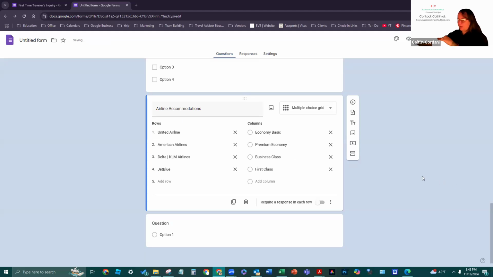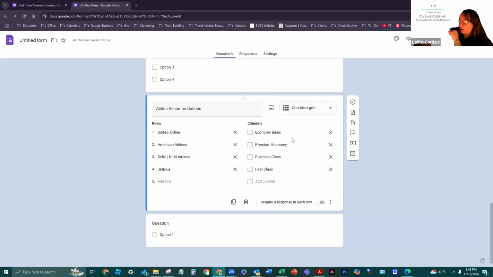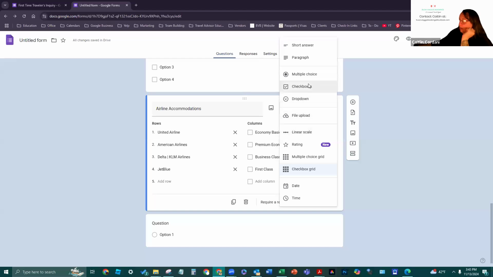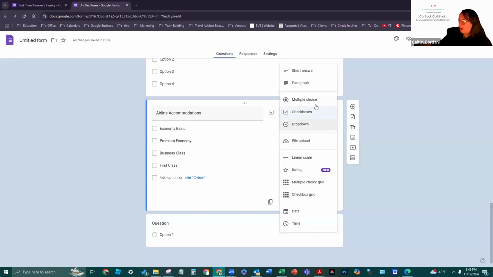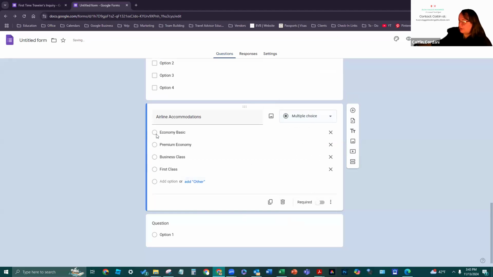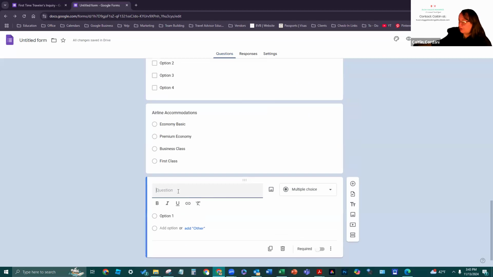But to be honest with you, I don't really like this setup because you can't choose the airline specifically. You can only choose the seating, right? So what you want to do is do the checkbox and then do the airline accommodations, or you could do a multiple choice. This is just the one single option. And then I'm also going to do,